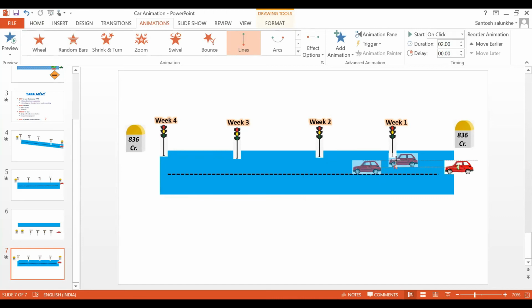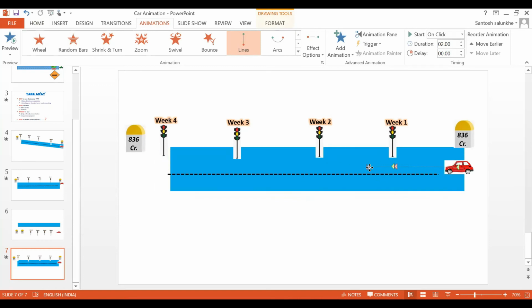We have to put this point where the first point is ending, and move this second point to the second position. Now the car is moving from point 1 to point 2.